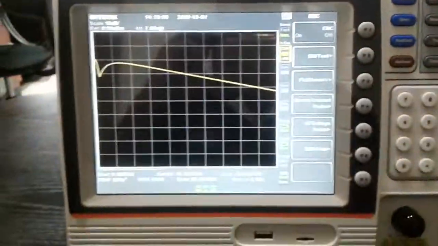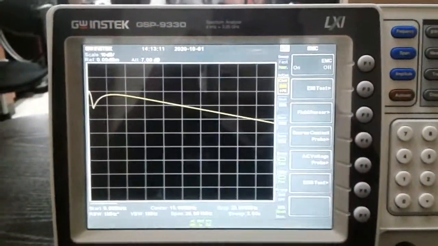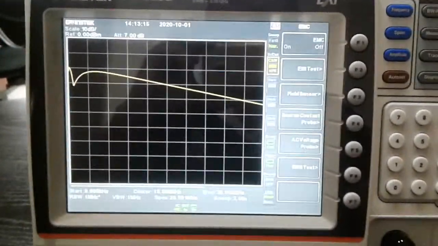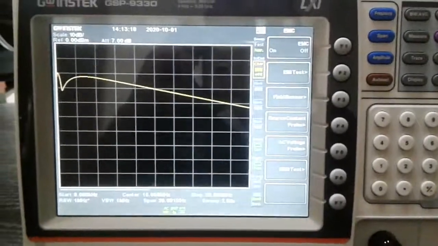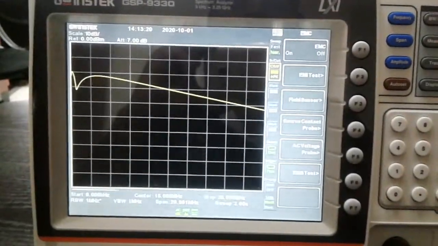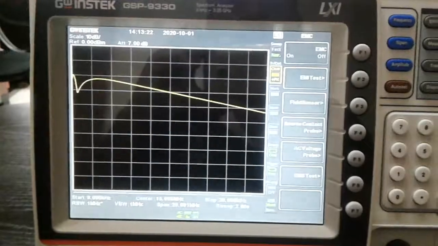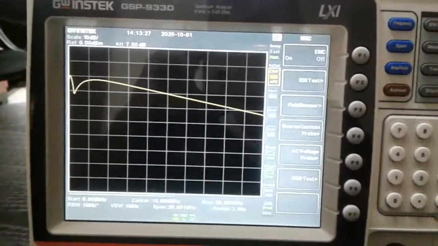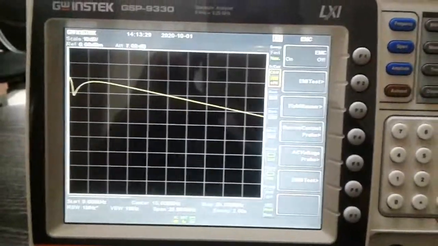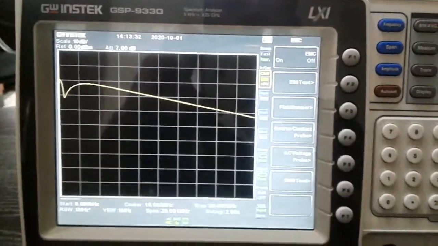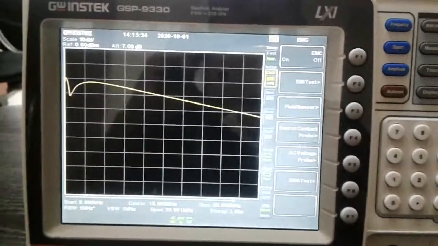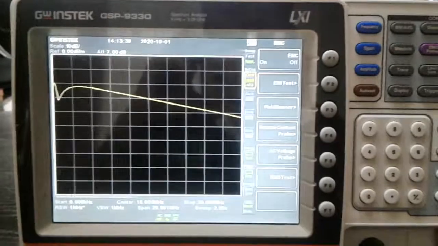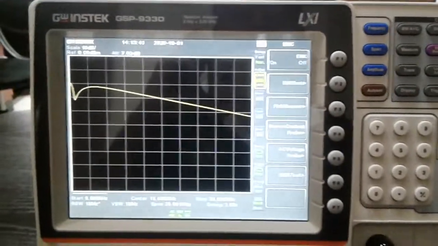These are the functions available for the GW Instek GSP 9330. Most of the features, meaning 99% of features, are inbuilt with these machines. The user need not connect the PC and do the verification and take time to get the result. The PC can also act as a noise source for your EMI/EMC setup. To avoid using the PC, the inbuilt facilities should be present in the machines, so that the user will get the exact result they want. Thank you.